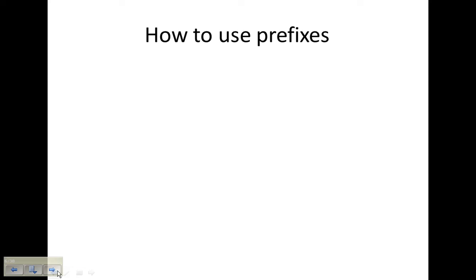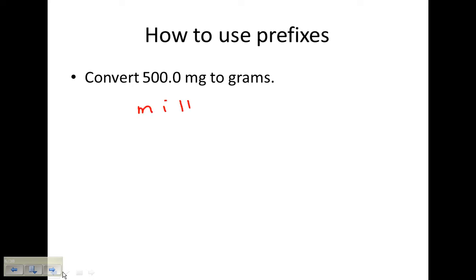Let's use one of the prefixes in a conversion. And I would like you to convert 500 milligrams to grams. And if you look up what milli means, and my pen is way off, it equals,